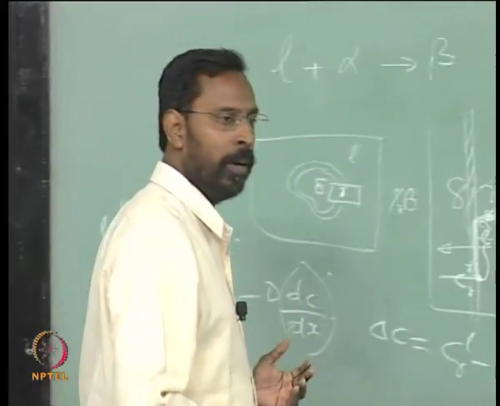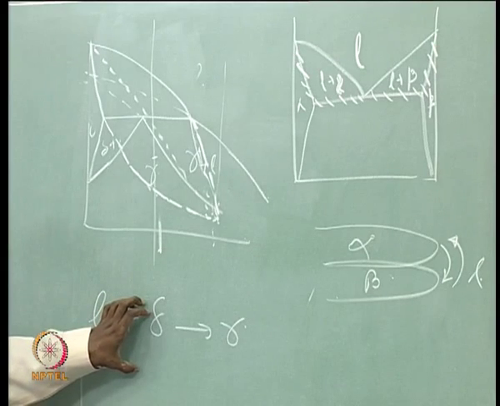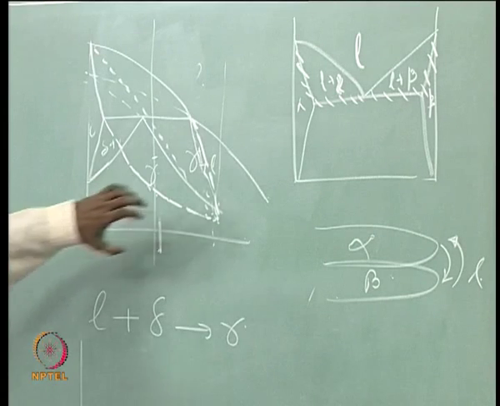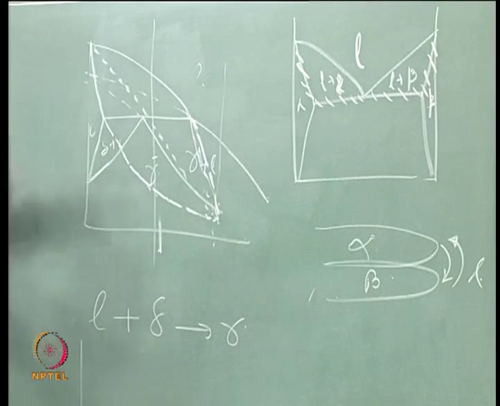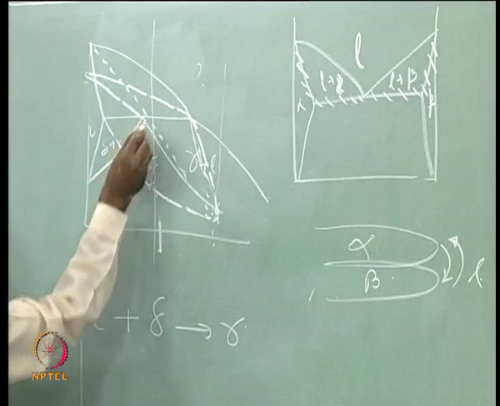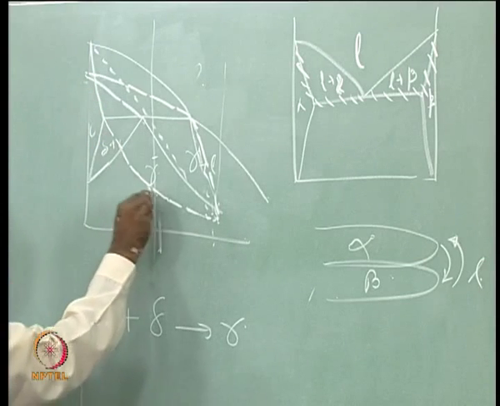And in principle, if gamma formation is easier than a delta formation, if the structure is such that... I am simply giving some example, I do not know what is gamma, what is delta. Let us not simply relate it to the iron carbon phase diagram, they can be any phases. If that is the case, then you will see there will be an extrapolation of this into that, such that when I am cooling this liquid, what I simply get is the gamma directly.